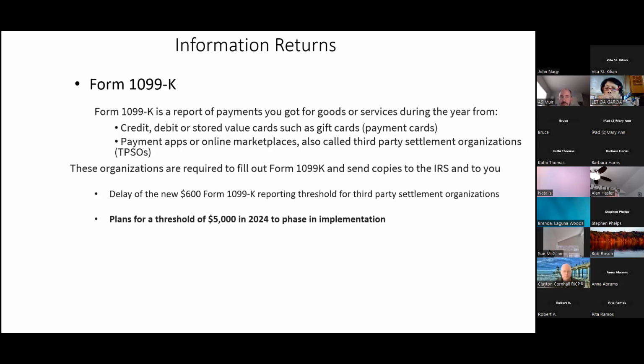But we're going to be getting these forms, and I think the error is going to be the other way around. It's like, oh, I don't know what it is, I should put it in as income, as opposed to figuring out what exactly it was, did you provide services, where did the $600 come from? So it may not be an error. It's just not what you think it is.